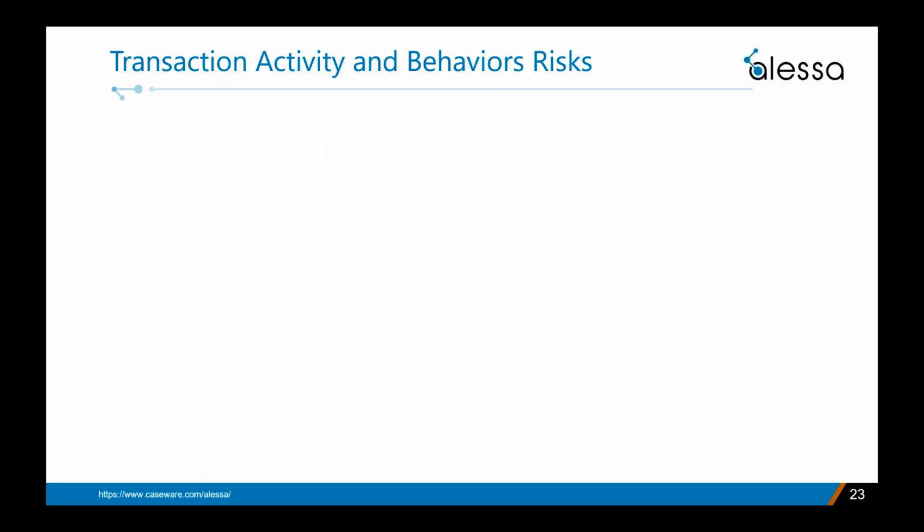Now, there are many, many different red flags for suspicious activity and behaviors. So instead of trying to cover all of them, I'm just going to highlight some of the ones that are most significant and/or are on an upward trend these days. First and foremost, recognize that the foundation of nearly all suspicious activity is activity or behavior that's different from what's expected from that customer. For a new customer, anticipated activity is all we've got to go on at the beginning, based on what they've told us.